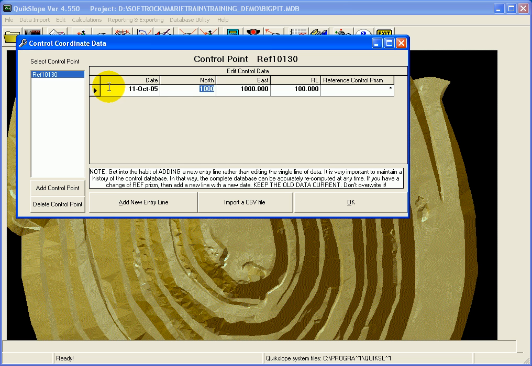Key in your coordinates. In the reference control prism box, it is a good idea to put a description of what this particular control point is, or whether it needs a reference control prism for this setup point. As I said, this is a reference prism, so I will put in here reference prism. Now you can either OK out of this option, which will take you back to the main QuikSlope menu, or if you need to add more control points, select the Add Control Point button,